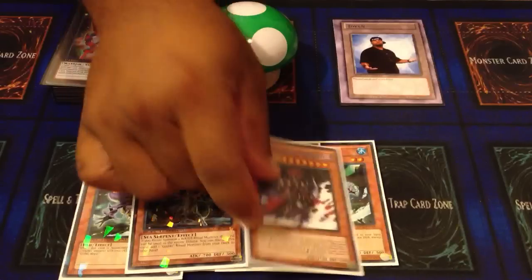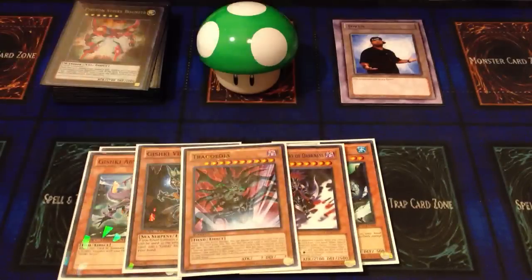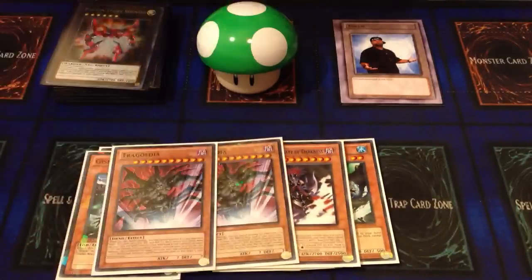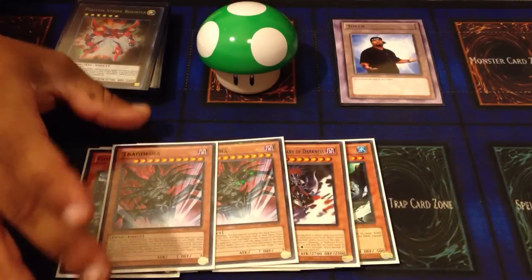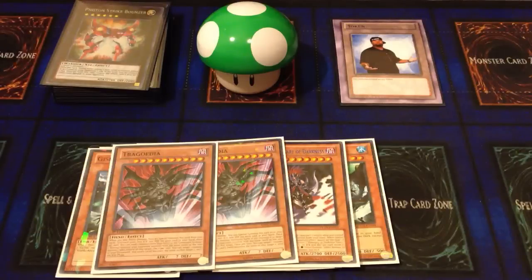Next up, 1 copy of Gorz and 2 copies of Trag. Alright guys, I'm still rolling around with the Tragodias and the Gorz just for protection, just to answer the meta. And like I said once before in the other video, Trag is here to help me access those